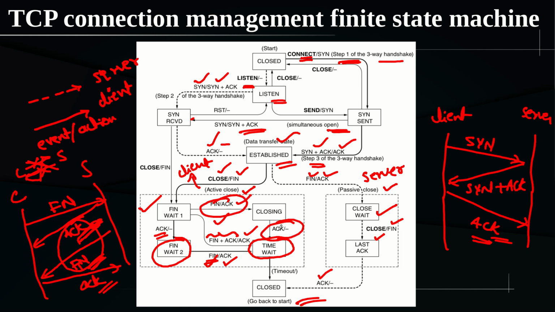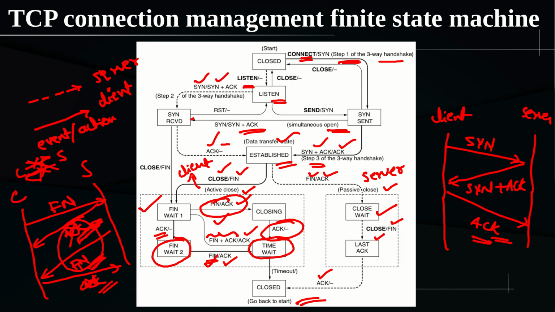Okay. So now what is this time wait? This is something I told you. Sometimes the acknowledgement coming from the server to the client, or from the client to the server, may not reach the other side, maybe due to some error or other situation. Also it has to wait for some time, because on the way some of the data may still be in transit, maybe due to congestion, and couldn't reach the client side or the server side. So both will wait for some time to make sure that all the delayed packets have arrived and everything is smooth. The total time dedicated for that is what we call the time wait.